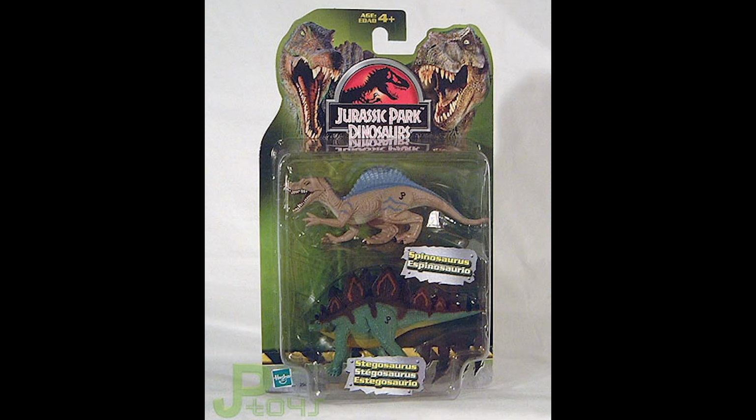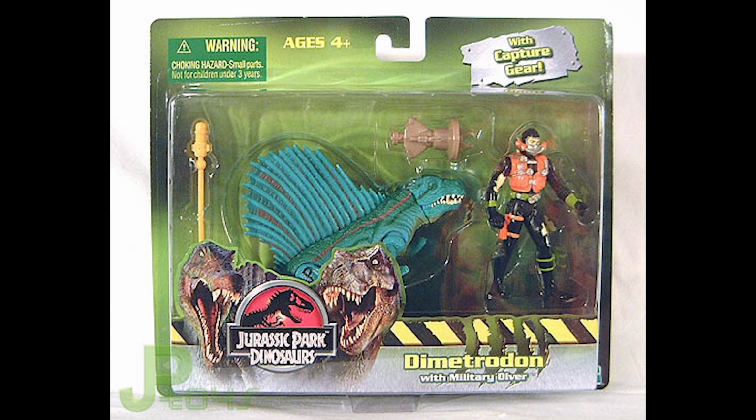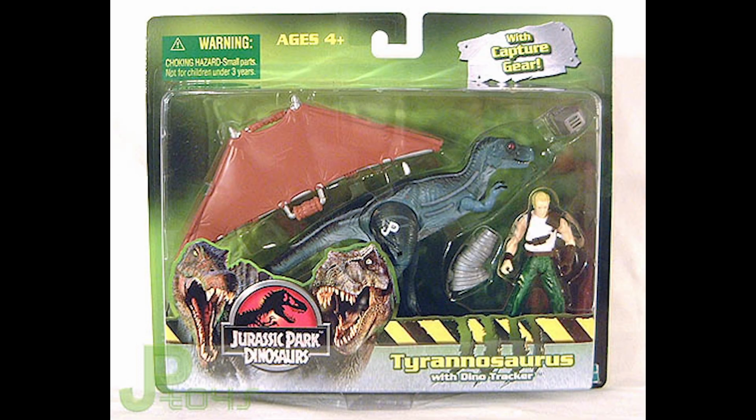They look pretty odd. They look pretty high to me. But I wish I had those figures, especially the Stegosaurus here too. Are really nice and really catchy. And for the human and dinosaur, a lot of those are repacks from the Kenner toy line, especially this Dimetrodon,